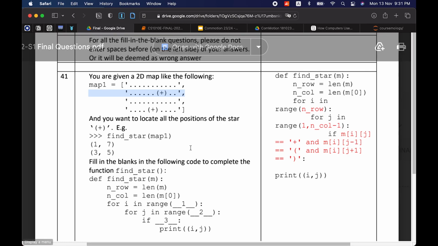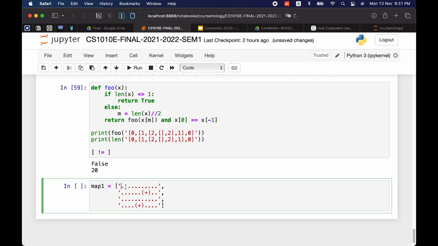So if I start here at index 0, then I can't search behind it.